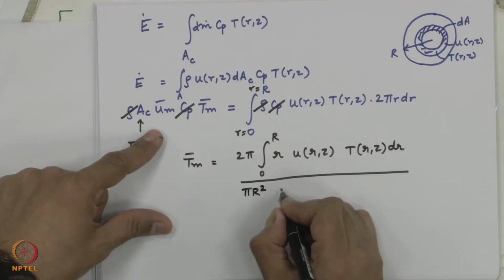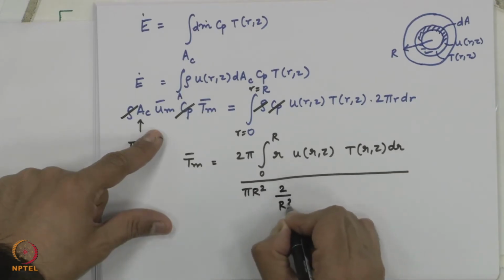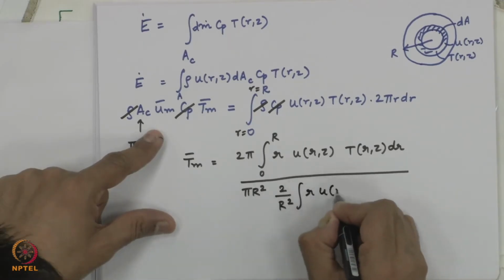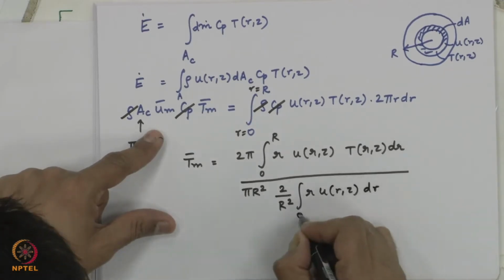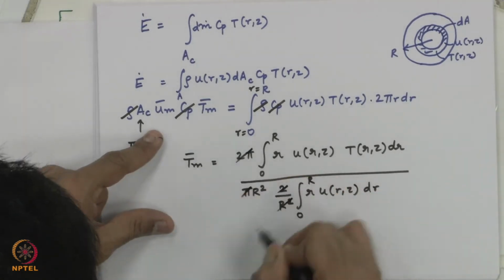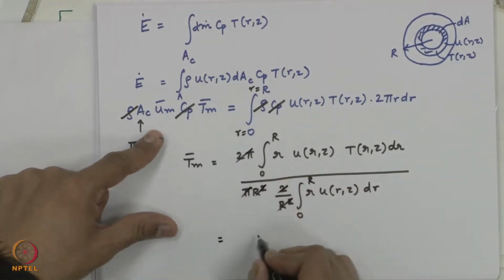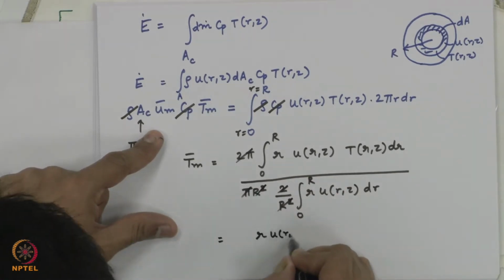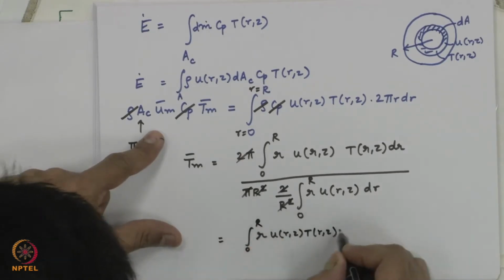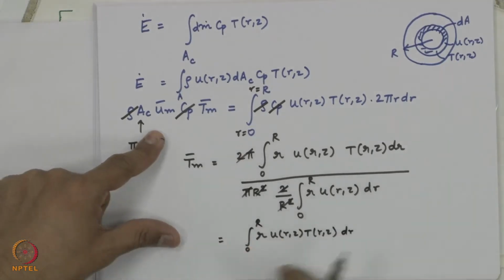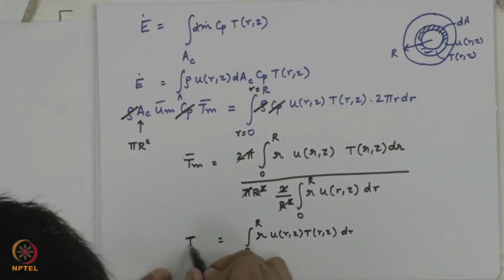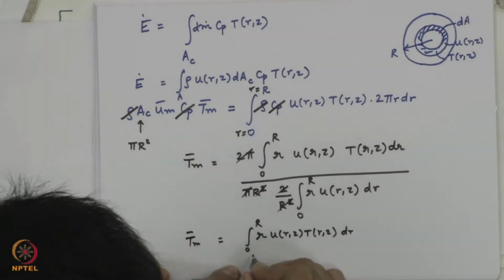If I want, I will put it as 2 by capital R squared into R u of r comma z dr, 0 to R. 2 pi, everything cancels. I am left with R u of r comma z T of r comma z, 0 to R, dr divided by this one. Okay, or I will just choose to leave it as T bulk mean is equal to 1 by